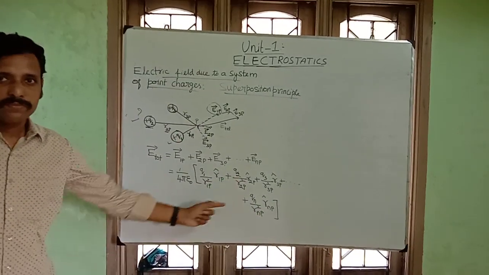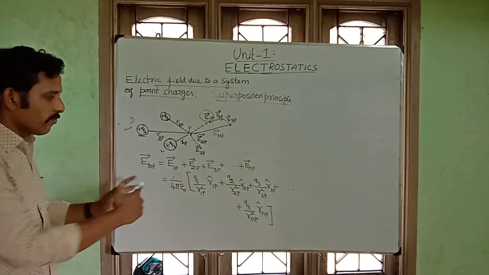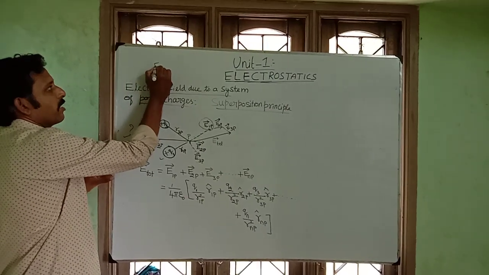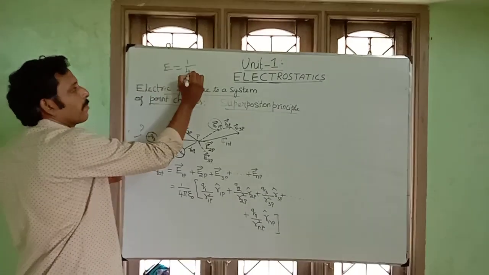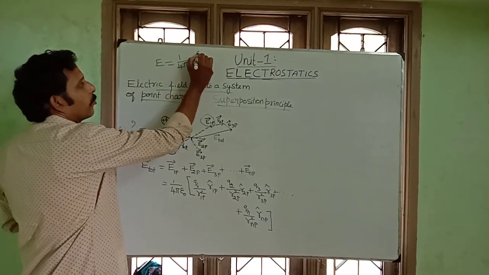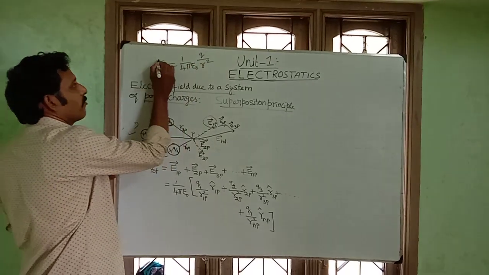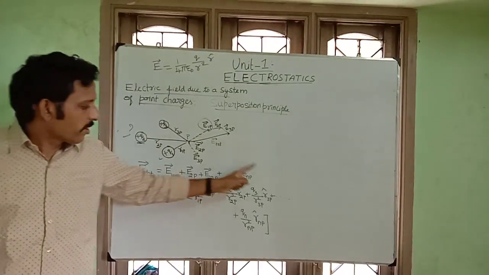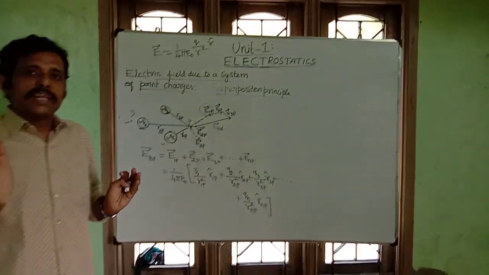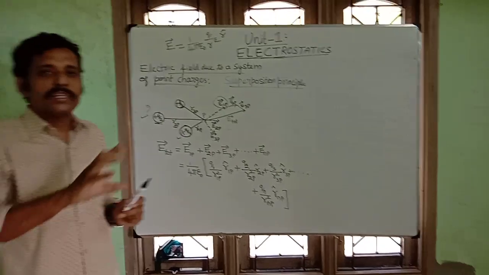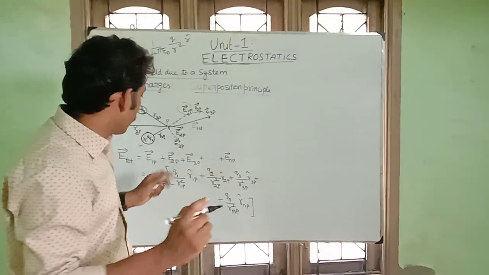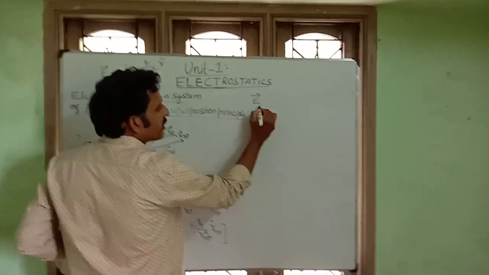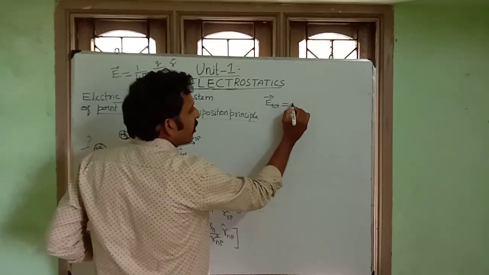Hope you understand. So for this, what is the basic formula applied? Yes, we applied E is equal to 1 by 4 pi epsilon naught q by r square. If it is vector form, E vector, here you get r cap. This is the mother formula you applied for this. Shall I write in general? Now you can modify and simplify this. In general form, I can write E vector total is equal to,